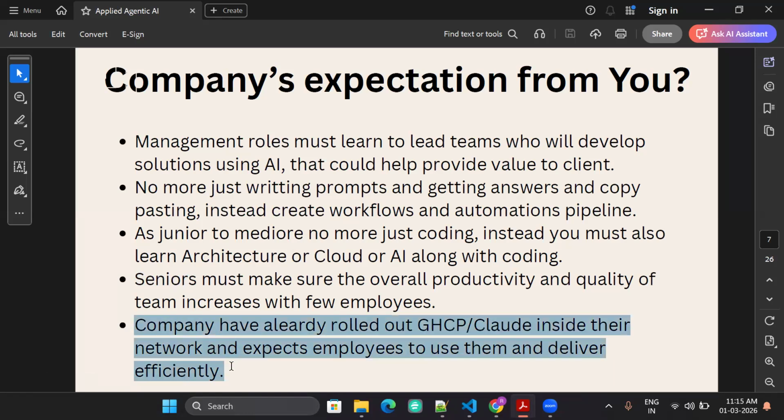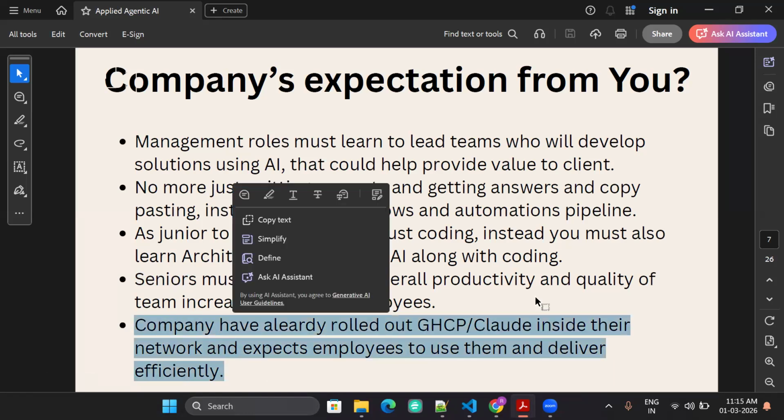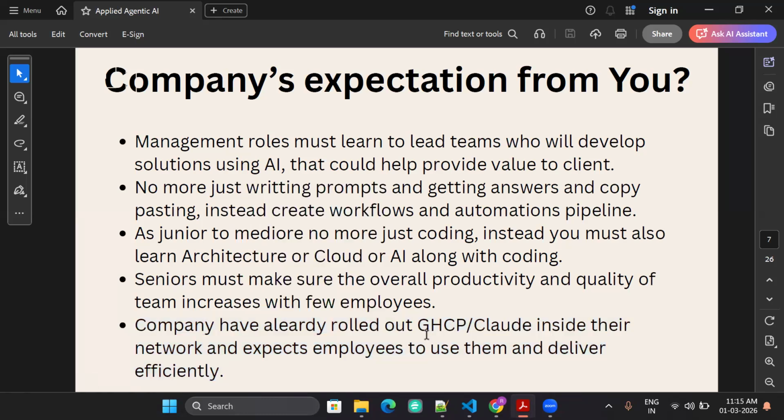And that is the reason, if you see, many of the big tech companies, even non-tech companies like the GCCs, JP Morgan, have already given their employees access to GitHub Copilot or Claude inside their company. They have already done this in 2024-25. But employees are not utilizing it.